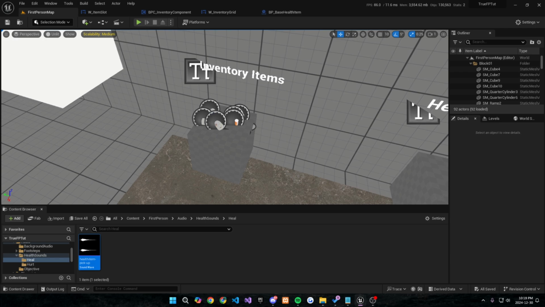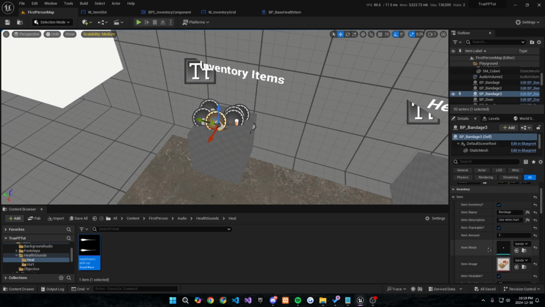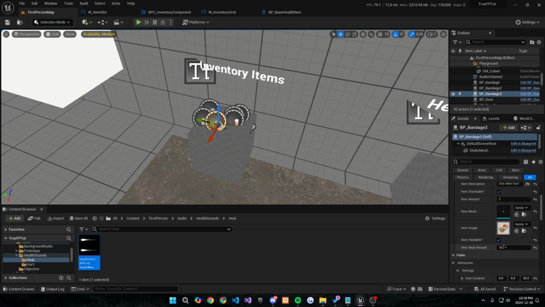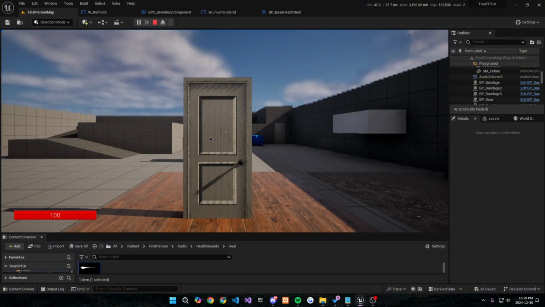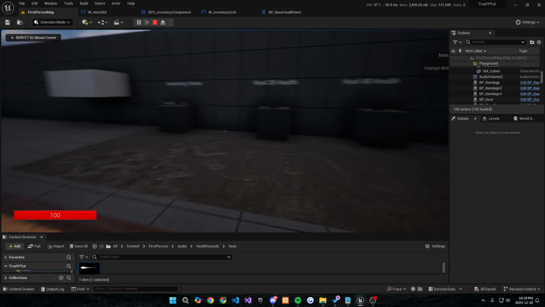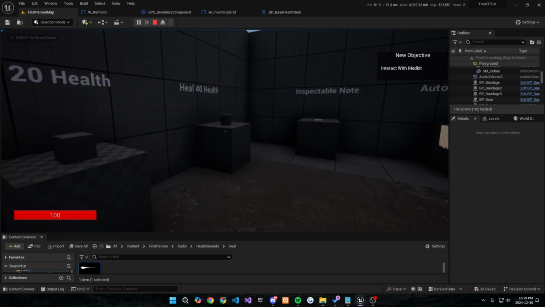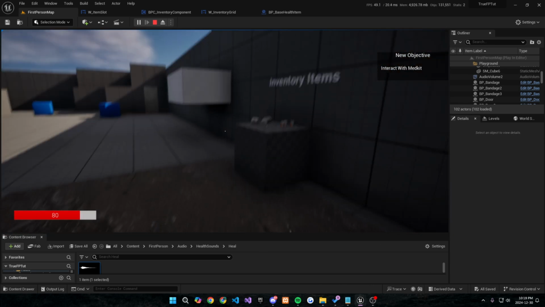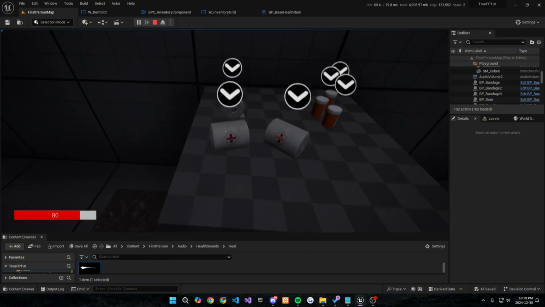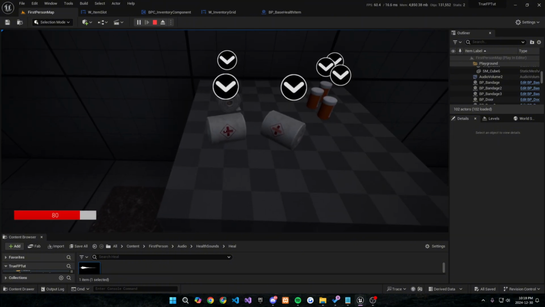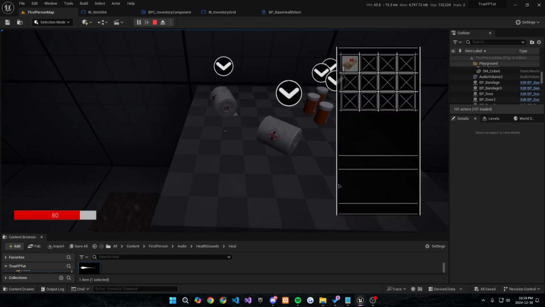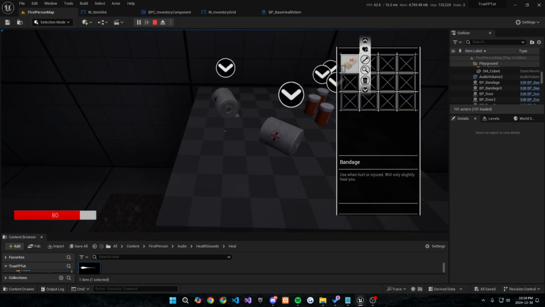So we could test this. Let's go to this one in particular. Let's make sure this is a healable one? Yes, it is. So we can press play, go into here, and if we hurt ourselves, I think it's the H key. Yeah, you can see just like that. Now, if I click on a healable item, this should heal us by 10. So originally we're just going to interact with it. If we go into our inventory and press the heal button,